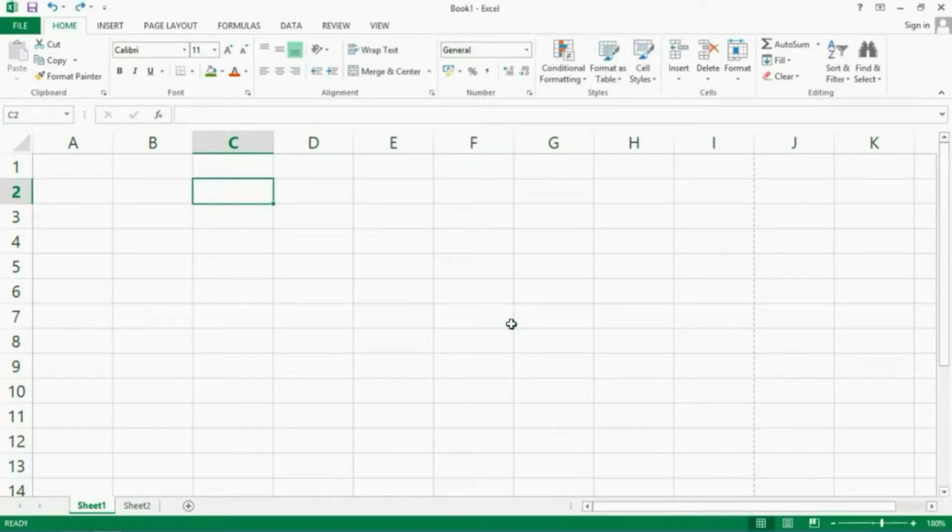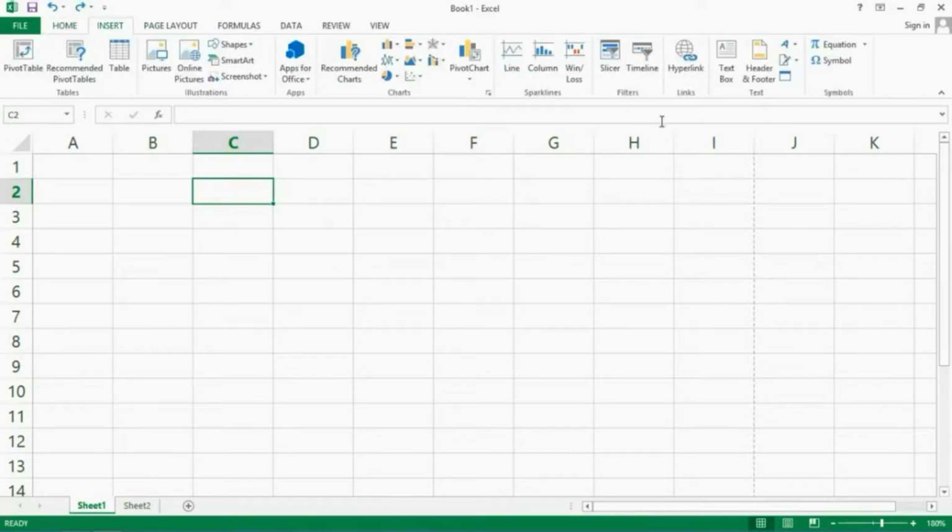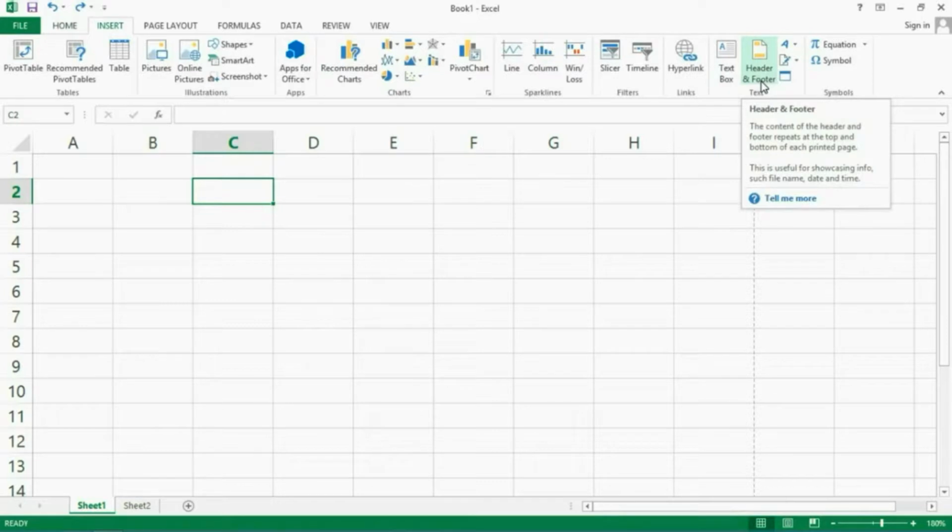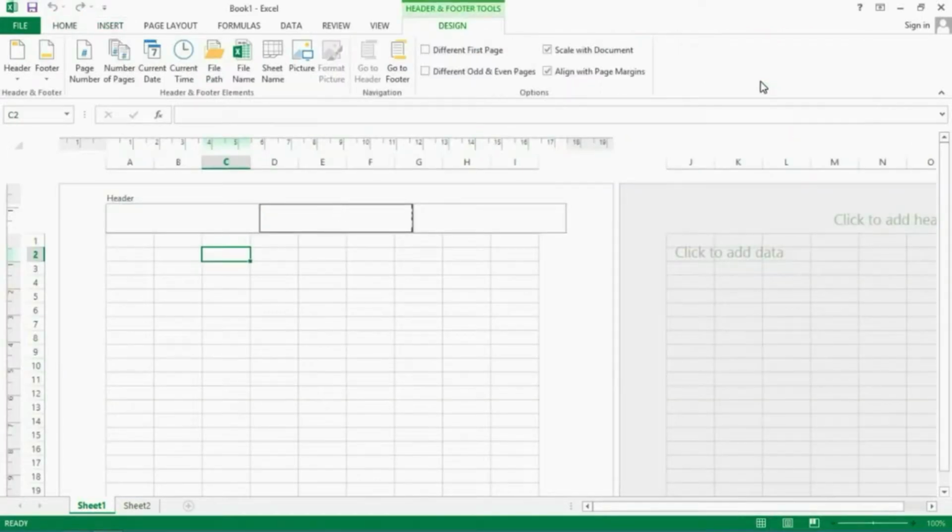Okay, just Control Z to undo that. And then we'll go over to our Insert tab again and just have a quick look at the headers and footers. Obviously, we'll look at these in more detail here, but here we're switching to the header and footer view. I'll just type in a header here. And when you finish typing in a header, just click out of it or just go back to your Home